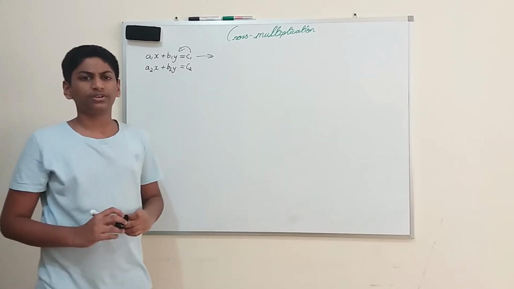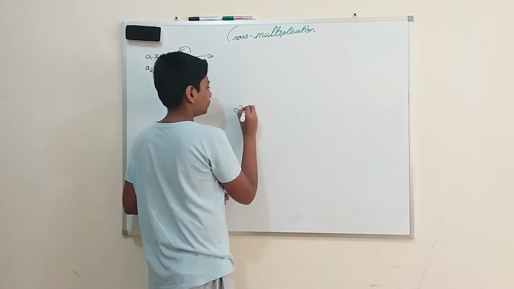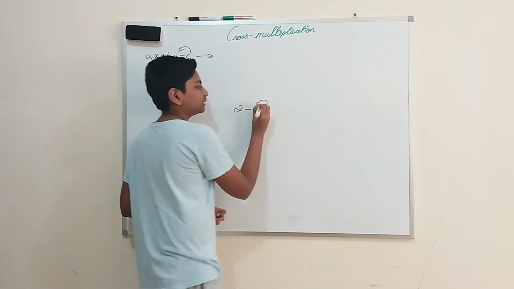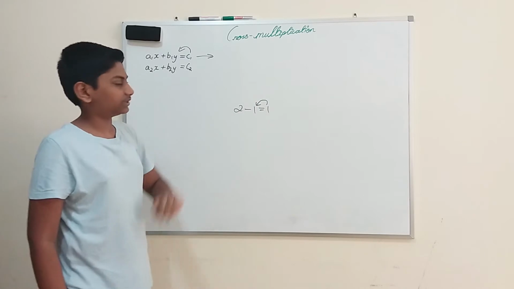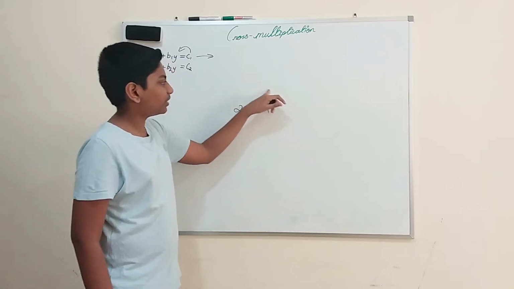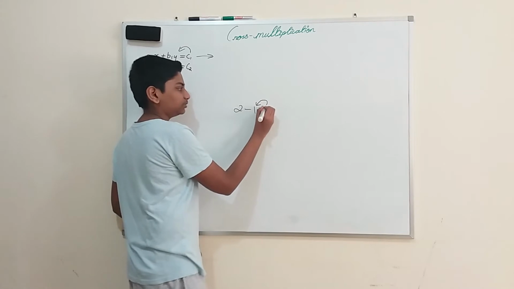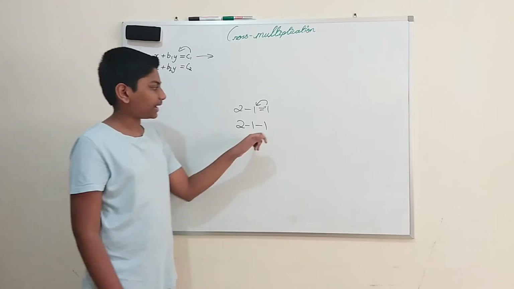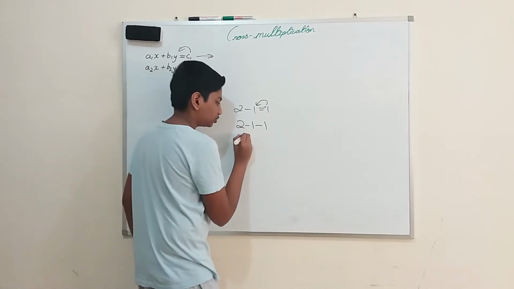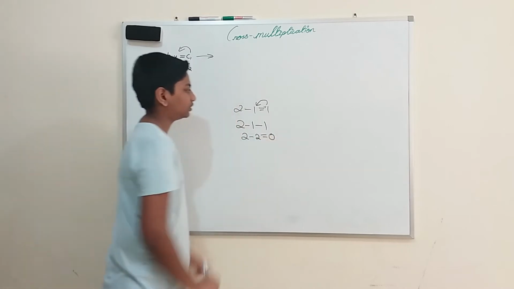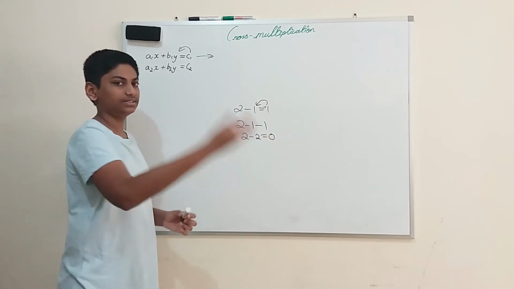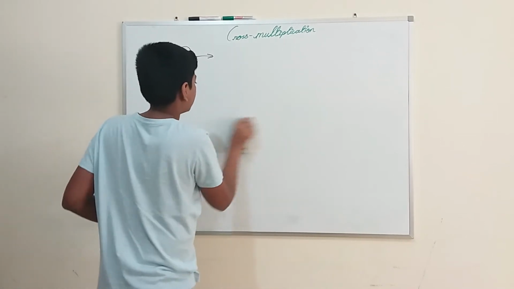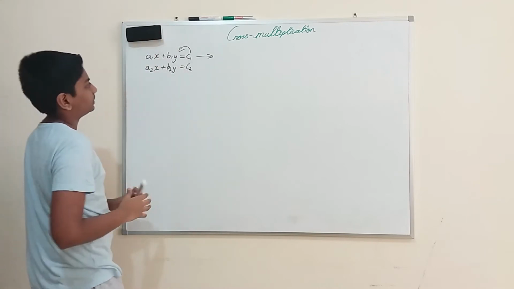If you ask how 0 comes, for example, I am taking 2 minus 1 is equal to 1. I am taking the 1 over to this side. Here it is plus 1, so here it becomes minus 1. 2 minus 1 minus 1, minus and minus, so it will become minus 2. So 2 minus 2 is equal to 0. So it becomes 0 whenever the left hand side terms come to the right hand side. The same thing we are going to do here. There it was fully numbers, here it's fully variables, that's it.